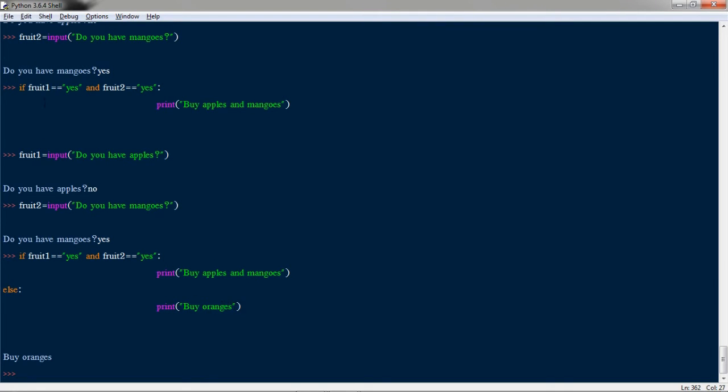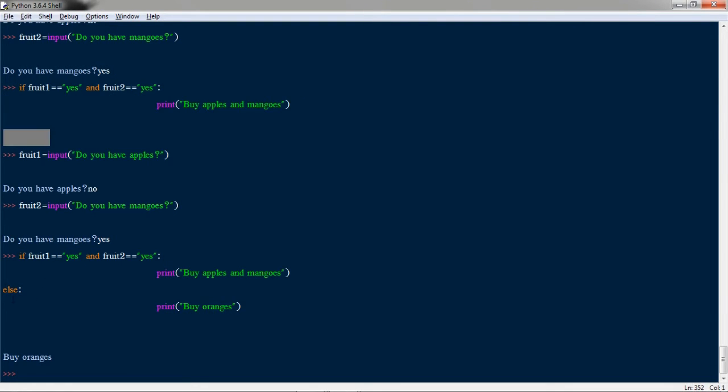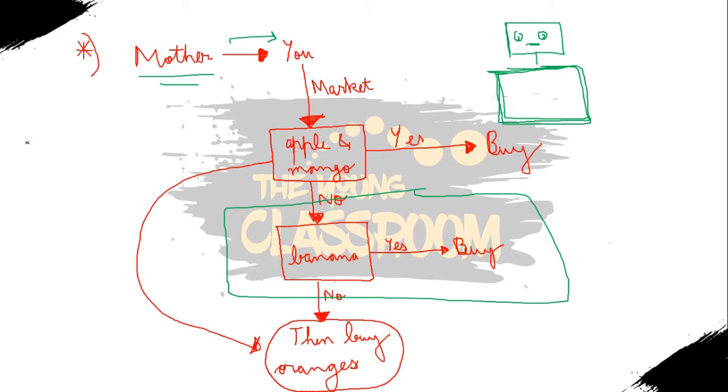You can see what the result was when we did not give else: the robot did not give us any output. But if we use else, the robot has the instructions for what to do if the condition is not fulfilled. I think the if and else part is clear. So we have covered if and else, right? Now let us see the third part, which is the elif. Now forget about this arrow and forget this box as well.